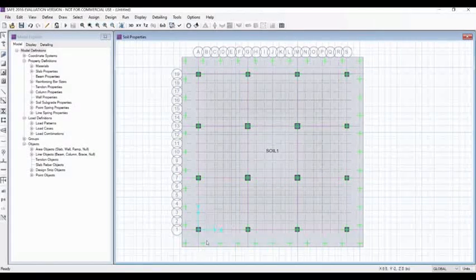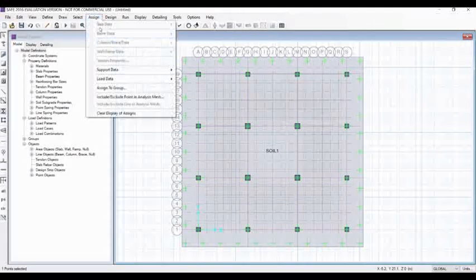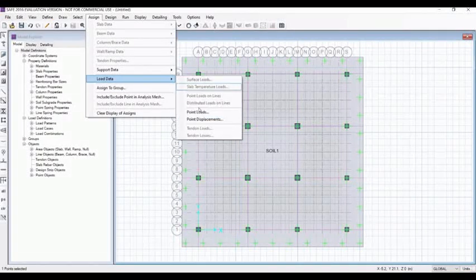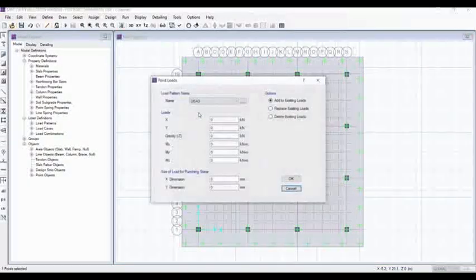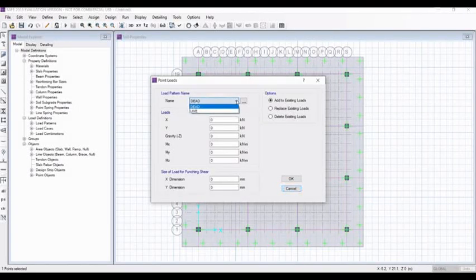And now we will add the load on each of the columns, the dead load and live load. I am showing one and you will do the rest. Like this, you will select this point, go to assign, load data, point loads, dead, that's okay.